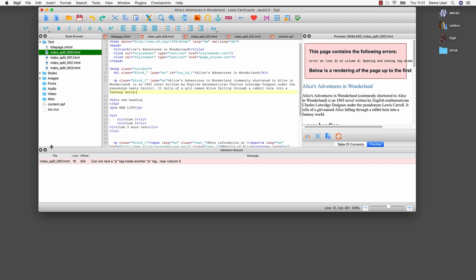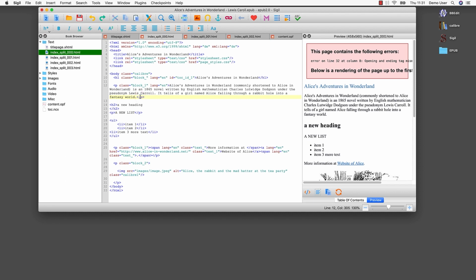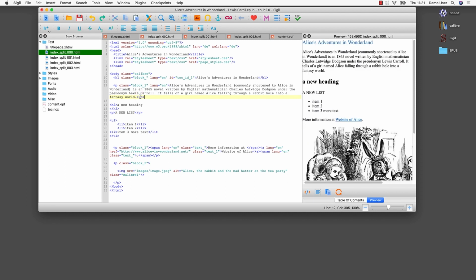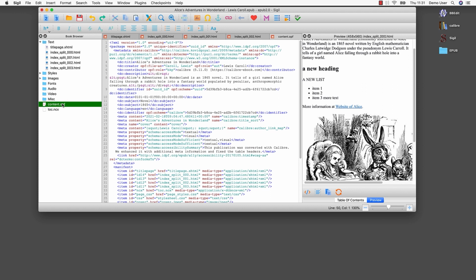That's the end of our very short introduction to Sigil and what you can do with it. Sigil is a reliable and easy-to-use tool, but it has its limits. To illustrate this, here are two examples from version 1.4, the version available at the time of the creation of this video. The first example limitation is that if we want to edit the alternative text in images, we have to do this in the code editor. Right now, it is not possible to add alternative text directly when managing the images.